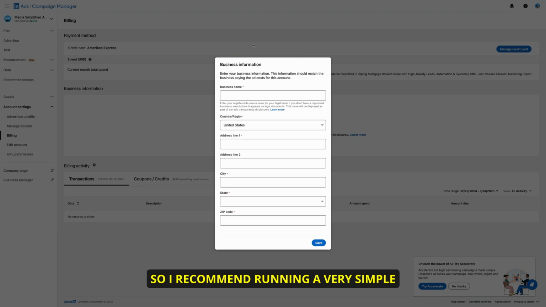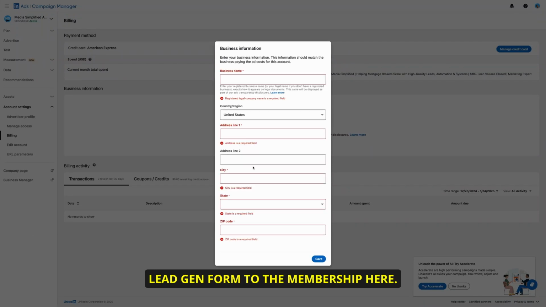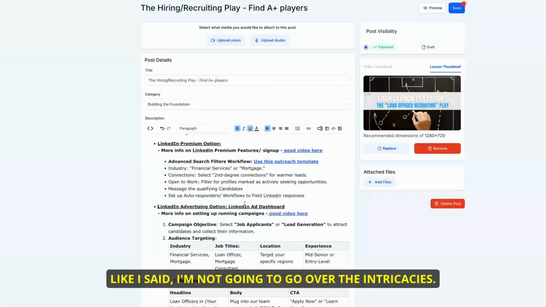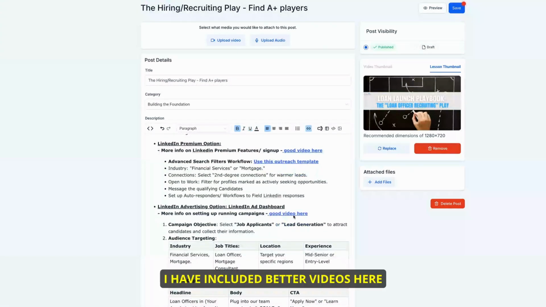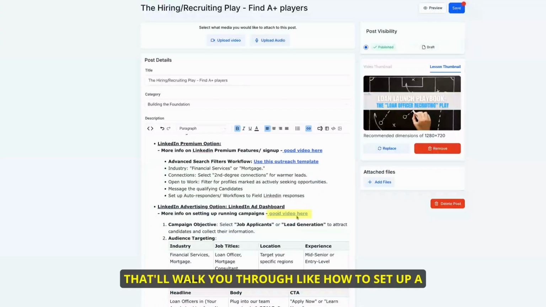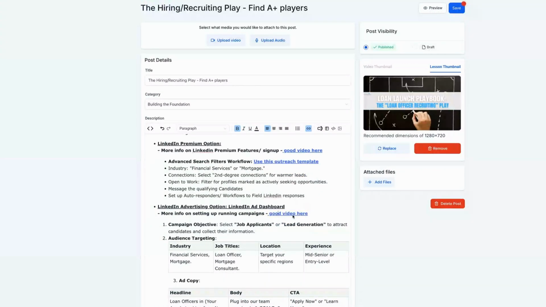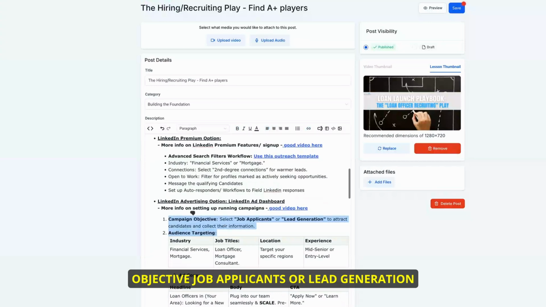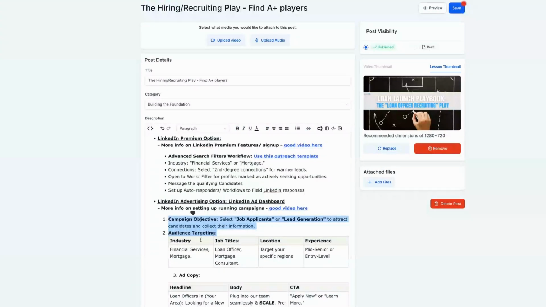So I recommend running a very simple lead gen type campaign, setting up a lead gen form. Come back to the membership here. Like I said, I'm not going to go over the intricacies. I have included better videos here that'll walk you through how to set up a LinkedIn ad step by step. But pretty much the overview is that we want to use the campaign objective job applicants or lead generation,